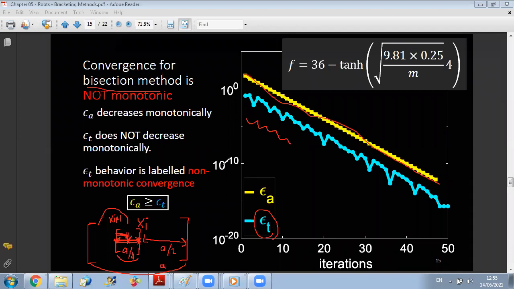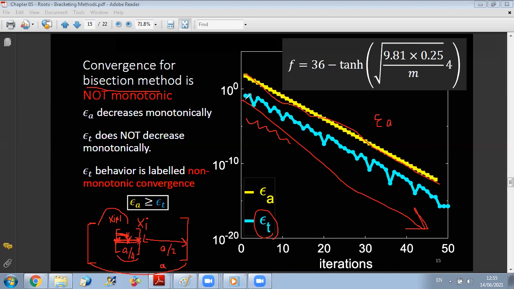But of course I will be able to find a final solution, because the general trend is a decreasing error, the approximate error is always larger than epsilon true, and the approximate error is monotonic, so I can just follow by doing iterations. The more iterations I do, the lower epsilon approximate will be, and I will reach a convergent solution. So don't confuse monotonic and convergent. It is convergent, but not monotonic,